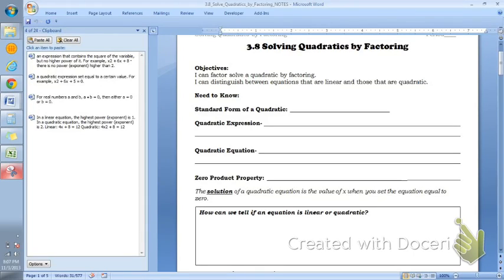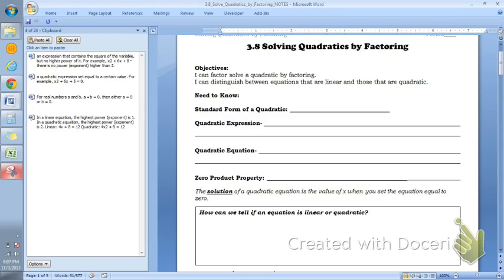This is lesson 3.8, solving quadratics by factoring. So far we've just been factoring quadratics and other polynomials. Today we're finding out why we spent all this time learning how to factor. So your objectives today are that you can factor or use factoring to solve a quadratic, and also that you